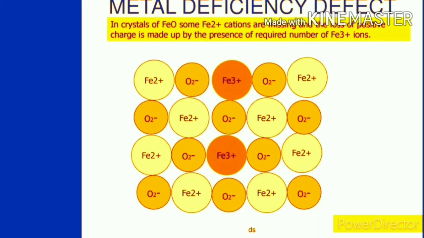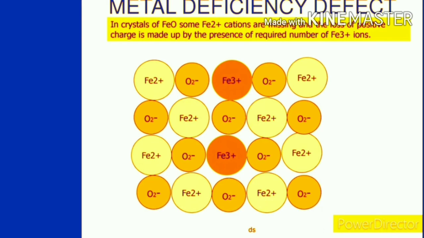To make up the vacancy created by the cation, the ferrous ion loses an electron to form ferric ion, and this takes place throughout the crystal. The ferrous ion gets converted into ferric ion, and the ferric ion gets converted into ferrous ion. This continuously takes place. That's why, due to the presence of the electron, such crystalline solids shine, and therefore they are also called